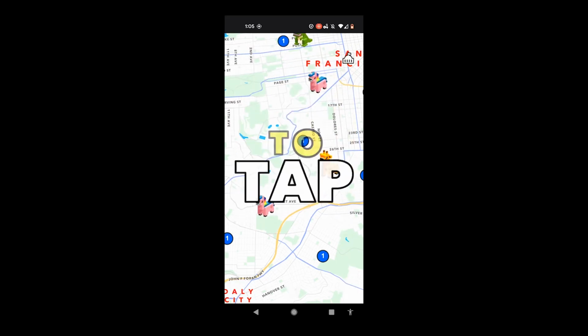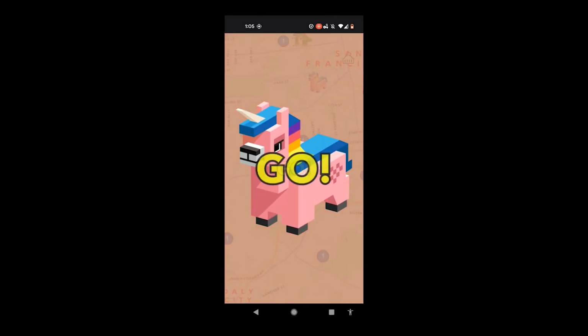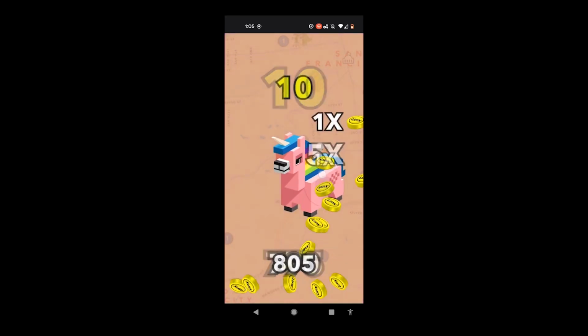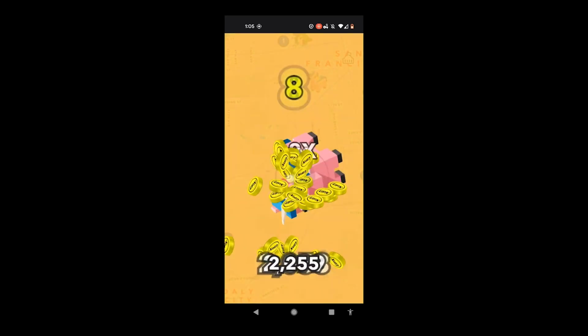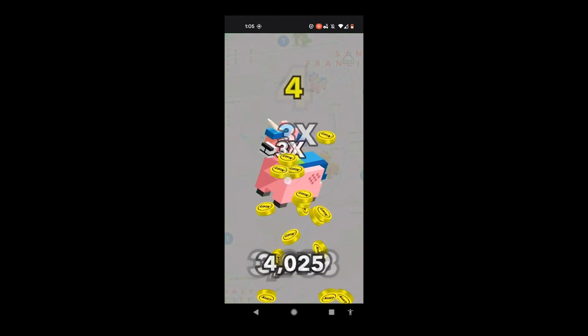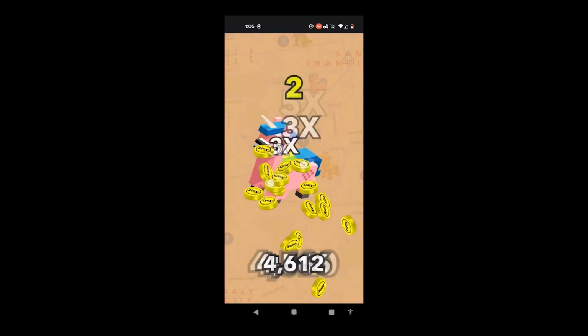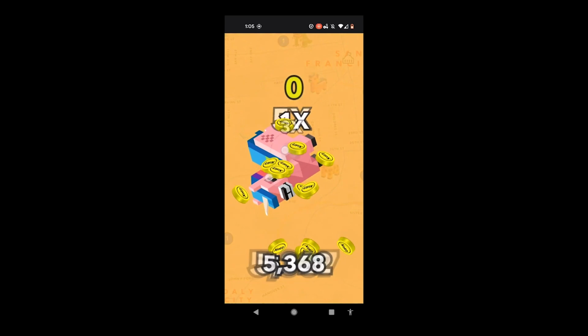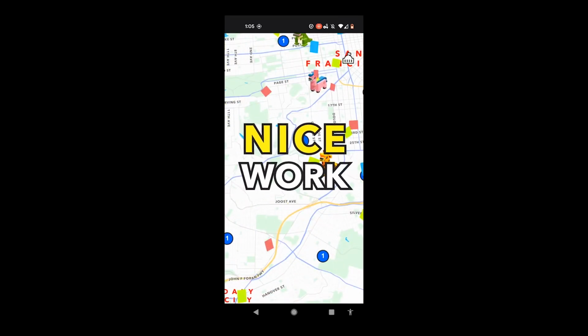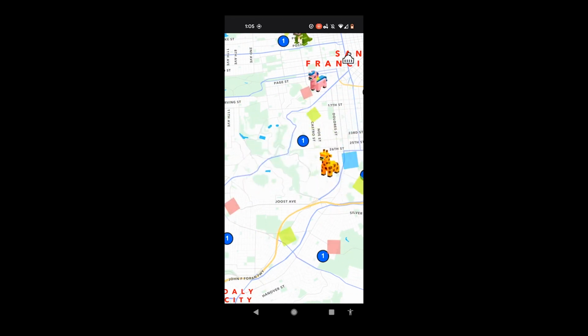So here comes this unicorn. Get ready to tap. Here's the unicorn. Oh yeah, this one's going to pay out a lot more. Let's get the head. Let's get the tail. That's awesome. That's right there. So this is